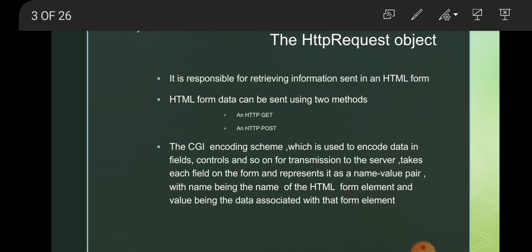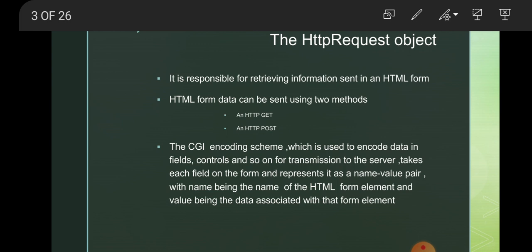How will it be processed? It takes each field on the form and represents each field as a name value pair, with name being the name of the HTML form element and value being the data associated with that form element.